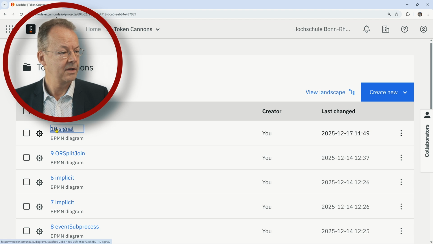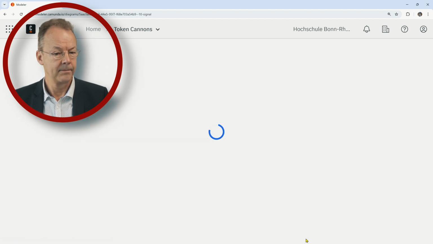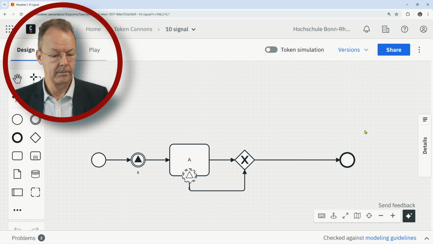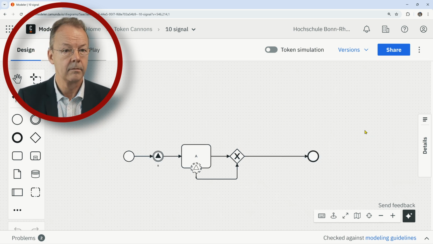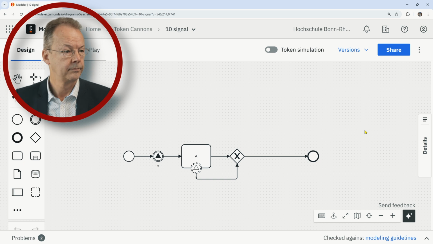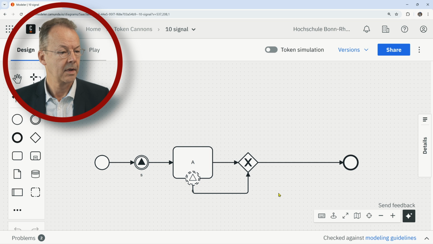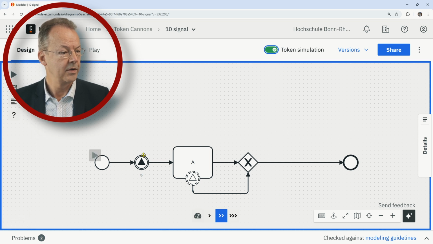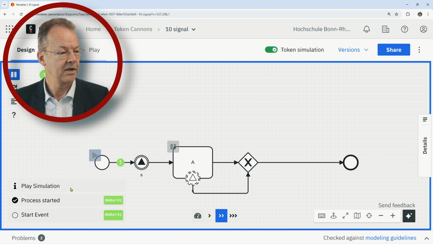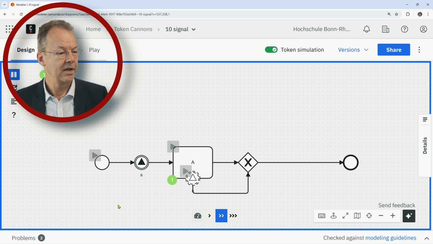And the 10th token cannon is this one here. Put on the token simulation, put a pause here, and this is with a signal event. So we can imagine that we get a signal here. And actually, if we